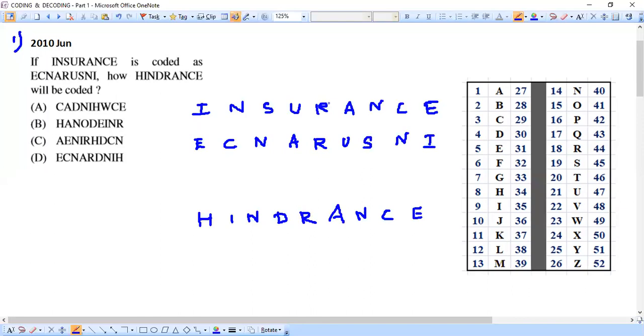It's very easy for us to say, see, we have all the letters displaced. This R alone is lying in the same place, and left hand side of R you have U. That U you can see here, and right hand side of R you have A here. That A is placed here. Same way, this S is here, this N is here. So simply they have just exactly reversed the given word. See here, they have started from this last E and ended with this I. That is how they have formed this code. It's very easy for us to observe, right? So now see here, E, C, N, A. The letters are just reversed. That's it they have done here.